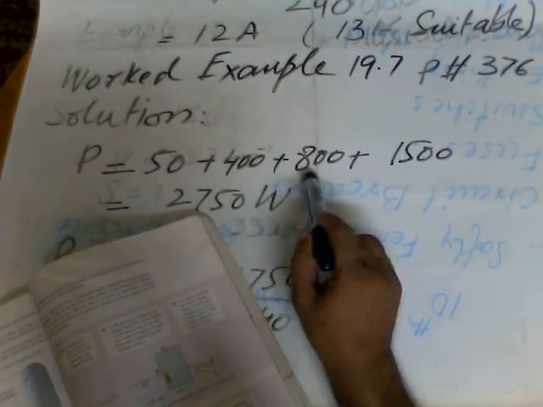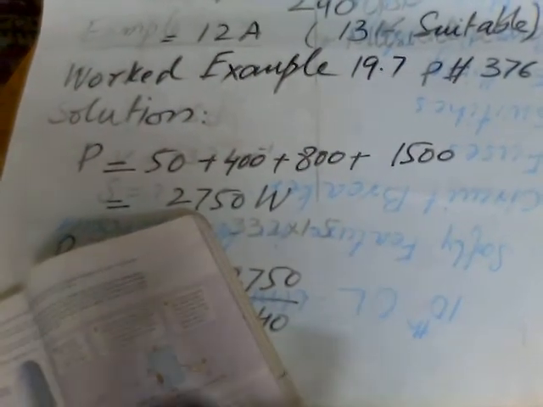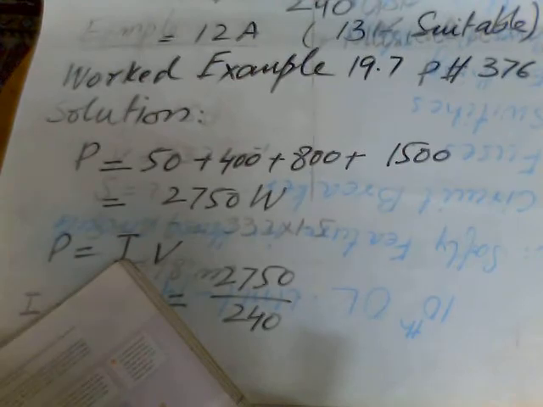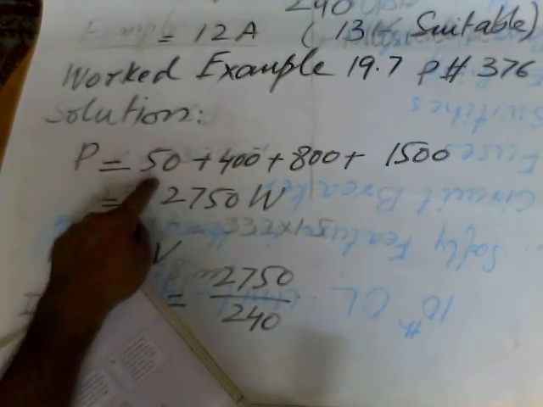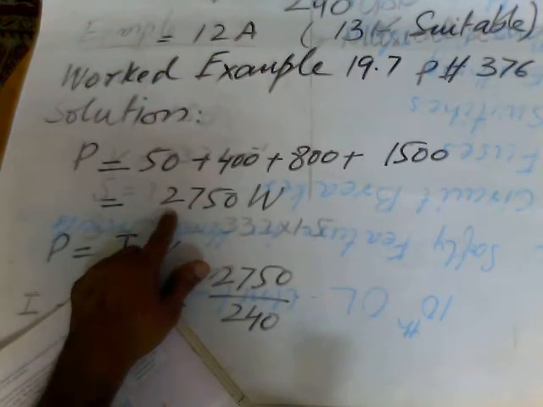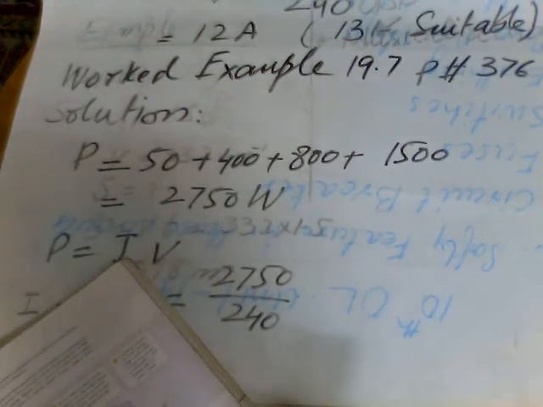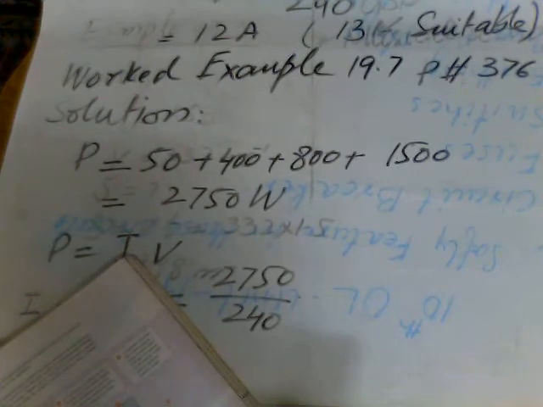P1, P2, P3, P4 all together they are installed in one kitchen. So we will add and make them a P. P will be equal to P1 plus P2 plus P3 plus P4 and when we add them it becomes 2750 watt altogether. The same question is this, that it is attached with the 240 volt main and the circuit breaker being used in a kitchen is of 20 ampere.